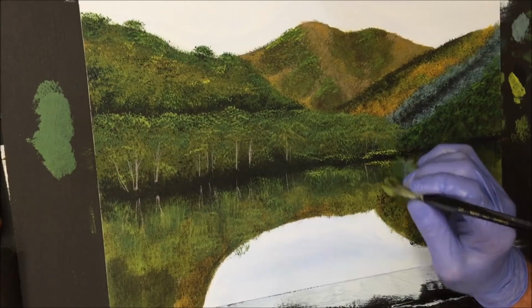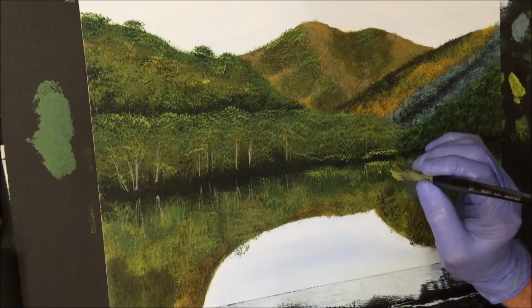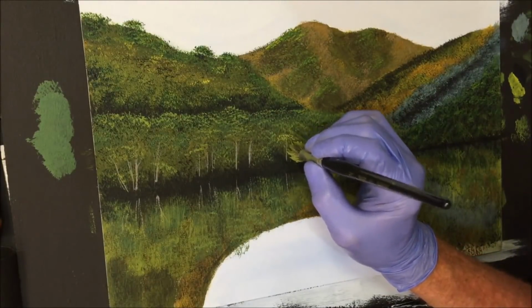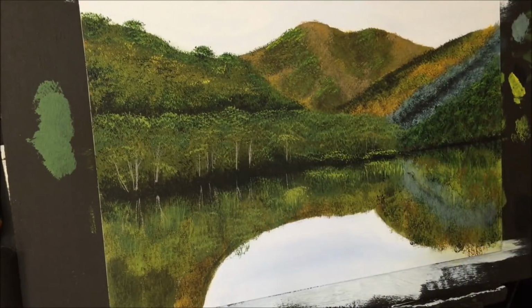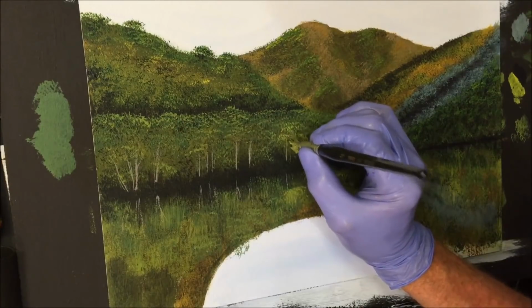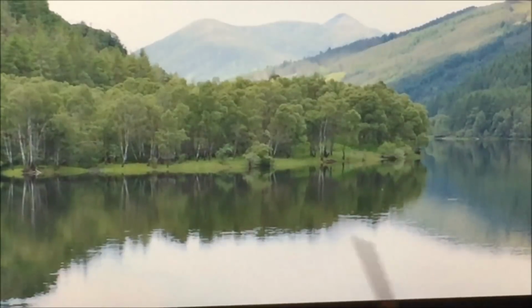And I want to get these distinct, different, brighter colours. And we're just getting the... See, I've added a little bit more yellow, not too much. Just to get these brighter leaves, foliage. So back to my reference picture, before we squizzle this water together, I want to replicate some sort